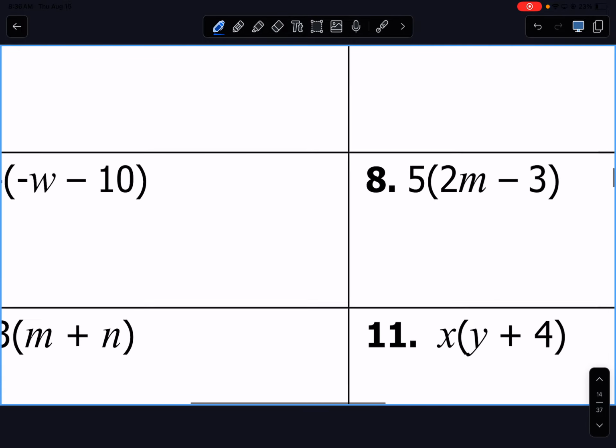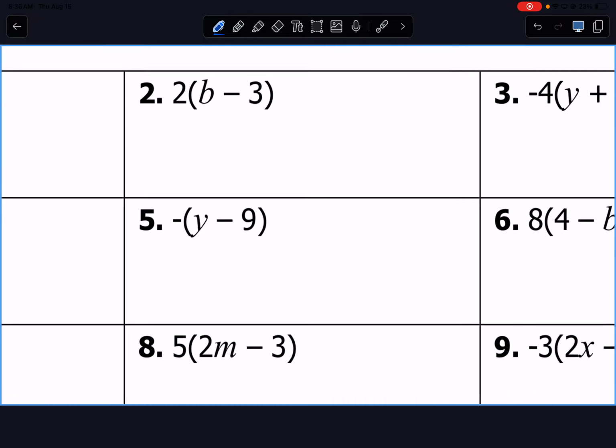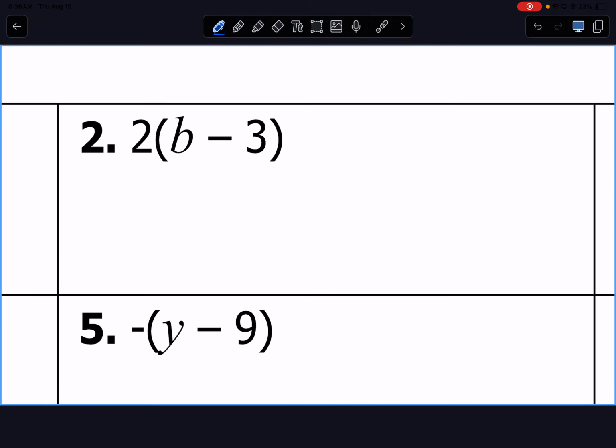Now, for this one, we are going to go down that center column, and we're just going to do all of those in the center column. We're doing the distributive property now. All right, for this one, what do I do first? 2 times B, which gives us